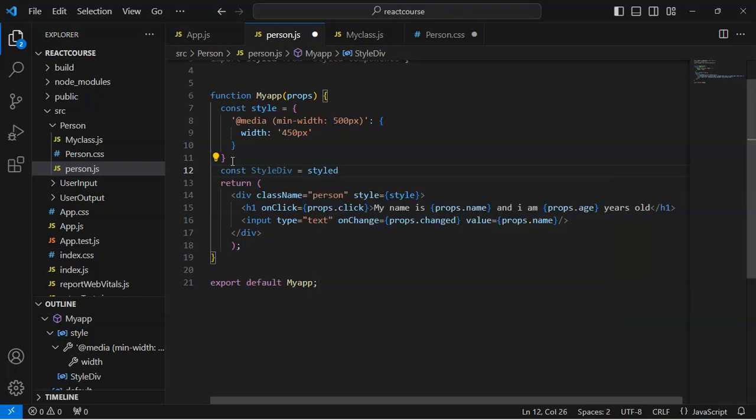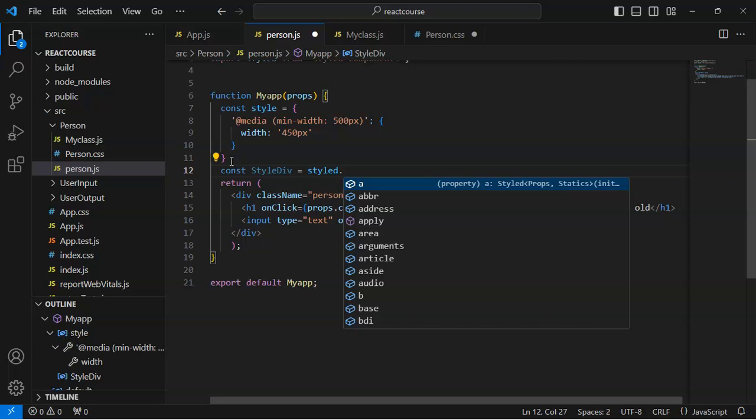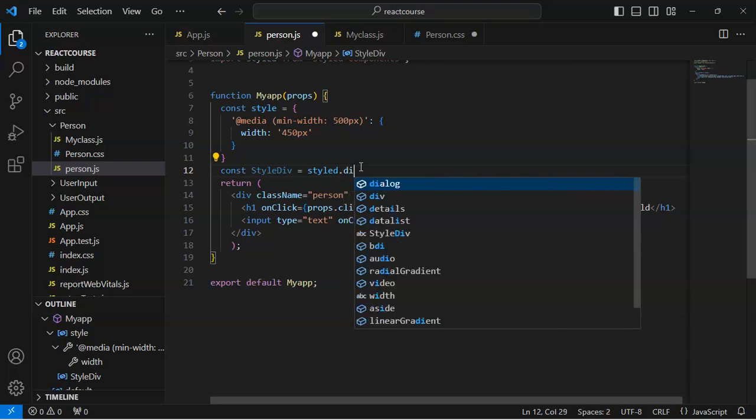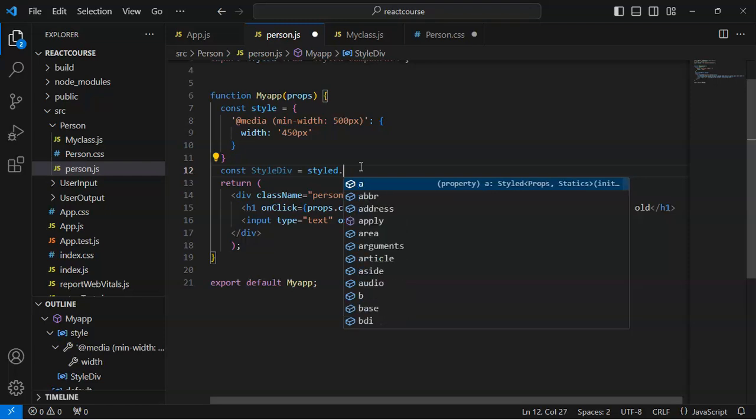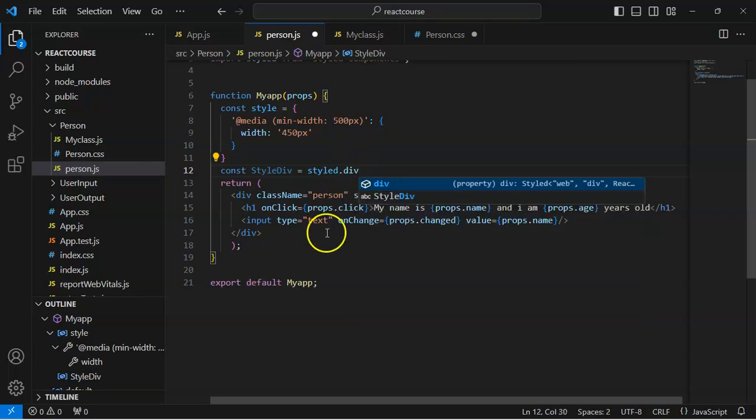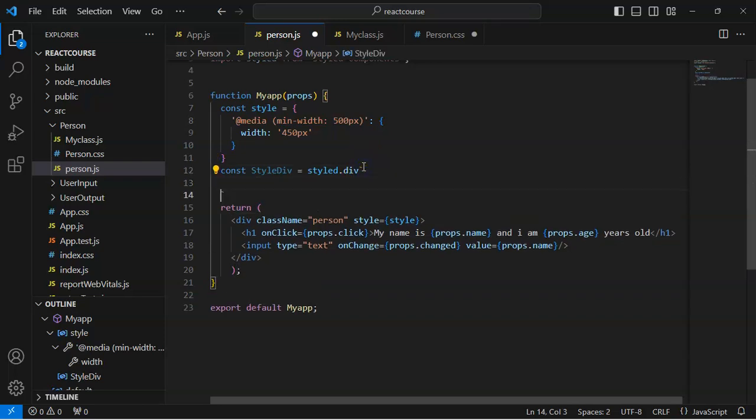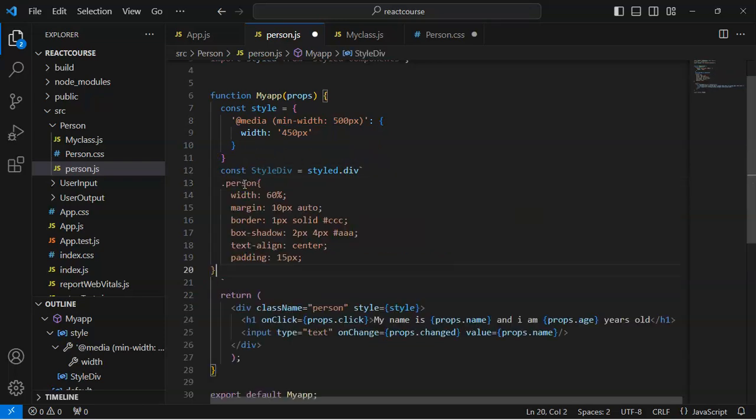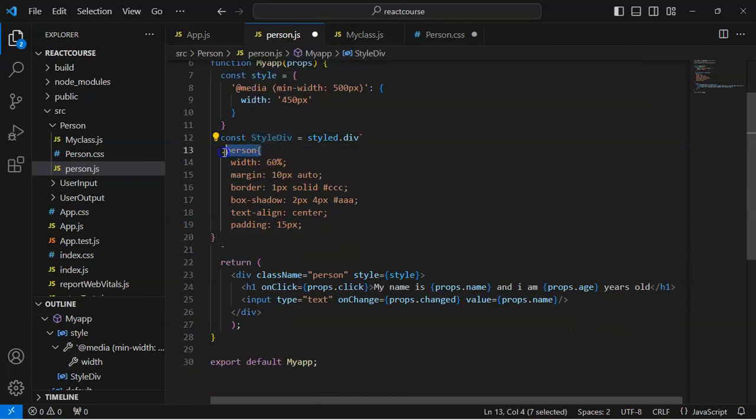styled. Here you can use every element of HTML, like div, h, p, every element we have in HTML you can use here. I want to use div because I want to style this div element here. And after this, use backticks, like this. And now paste all the copied code here, and remove this class name